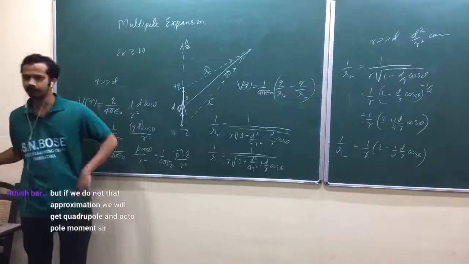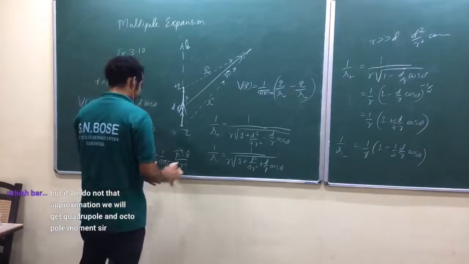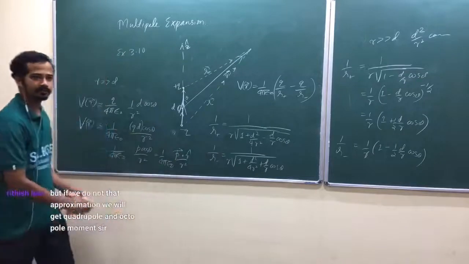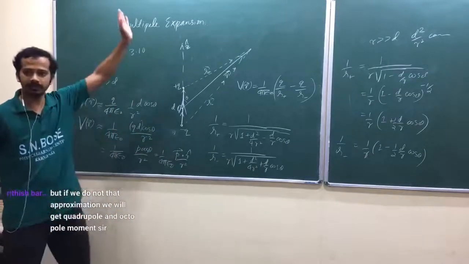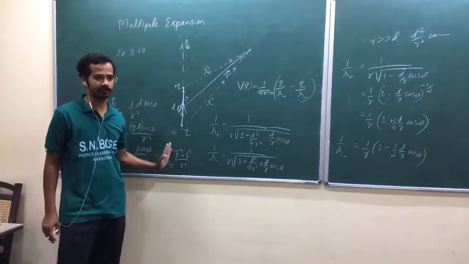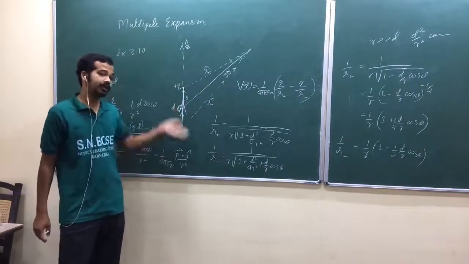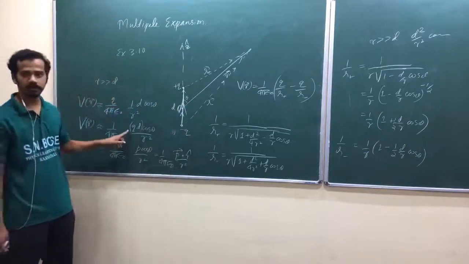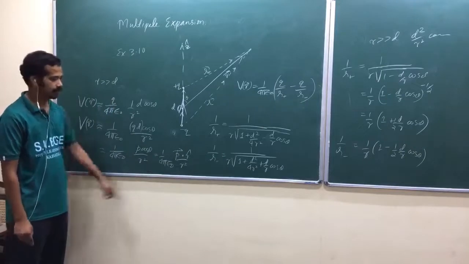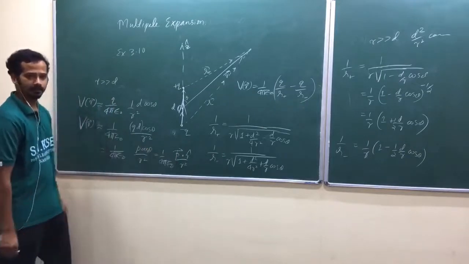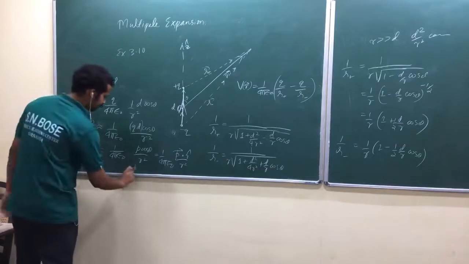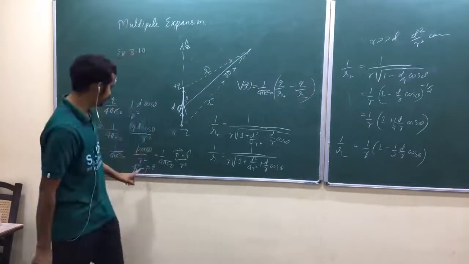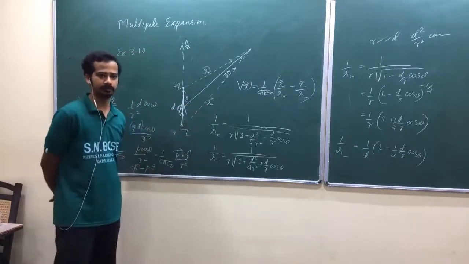Dot product with its own direction. How do you write? Dot r cap. P vector is already in Z direction. If you orient your Z axis along the direction of the dipole moment, then this will give the approximate potential at large distance. Later we write like this, where P vector is equal to P into Z cap. P into Z cap dot r cap, and Z cap dot r cap is cos theta.